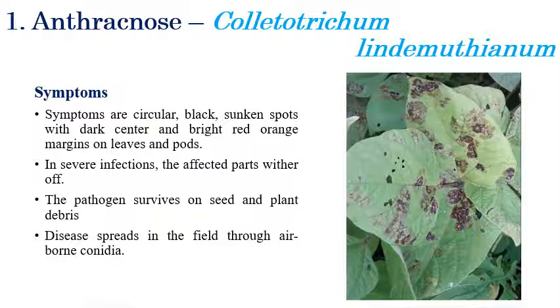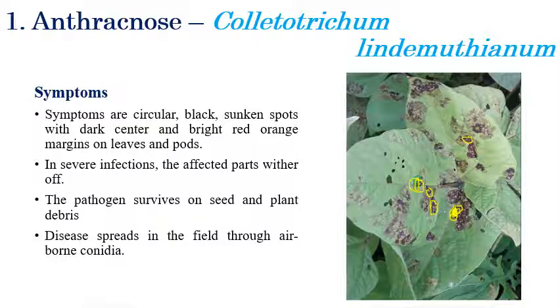On the right side we can see the symptoms. Black color circular sunken spots can be seen on leaves. These are all the black color sunken spots, which are circular spots, with a dark brown center or dark black color center. We can see circular black sunken spots along with sometimes a black color margin or black color center or a brown color center.